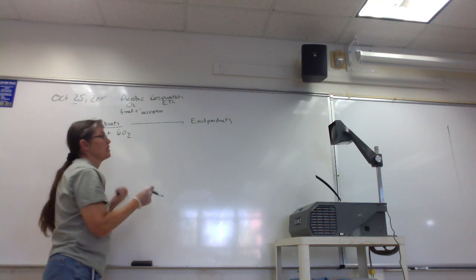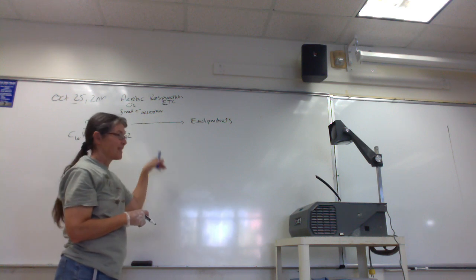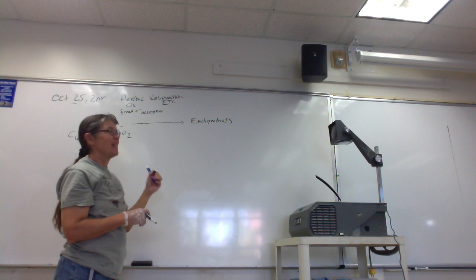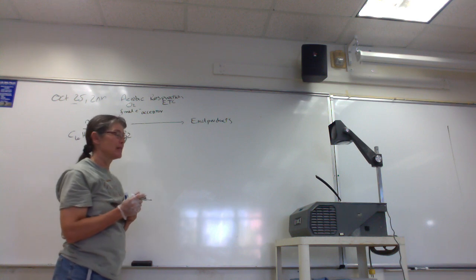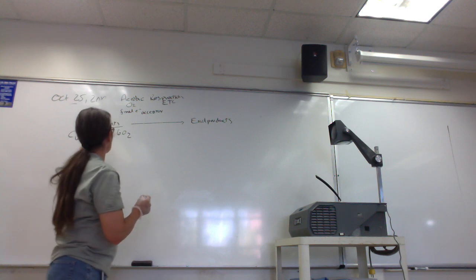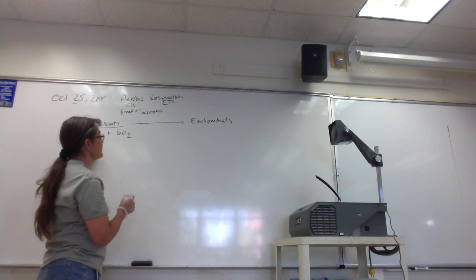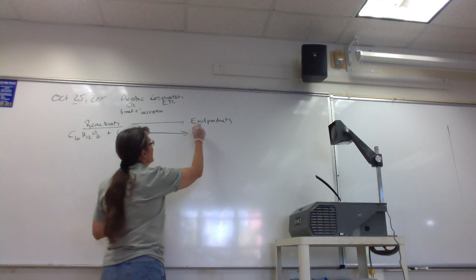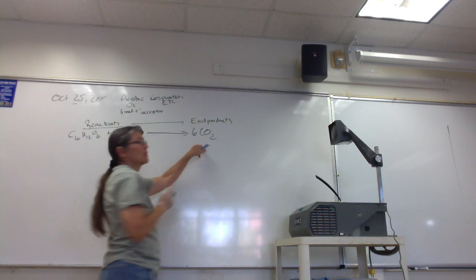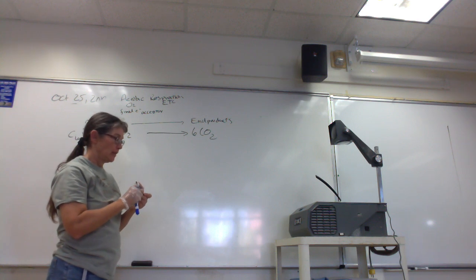This line, you guys, represents all the stages of aerobic respiration. This is glycolysis, Krebs prep, Krebs cycle, electron transport chain making the proton gradient, and then the proton gradient driving ATP synthesis by ATP synthase. And so eventually what will happen is our glucose is going to be oxidized, and the carbons are going to end up as carbon dioxide. The carbon dioxide, you guys will see, is going to be made in the Krebs prep and